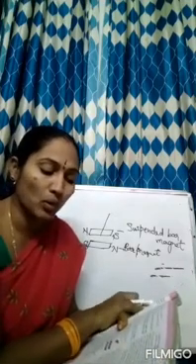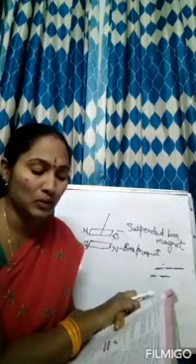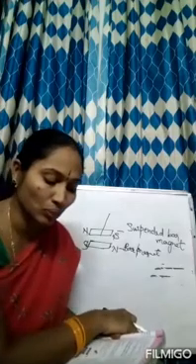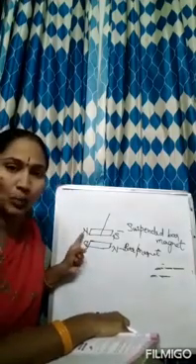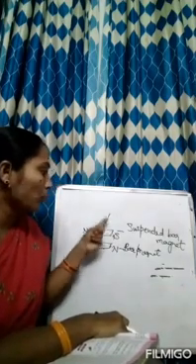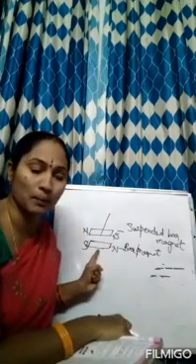But the north pole of the suspended bar magnet points towards the south pole of the bar magnet placed on the table, and the south pole of the suspended bar magnet points towards the north pole of the bar magnet placed on the table. In this way, the north pole always faces towards the south pole of the bar magnet. South pole of the suspended bar magnet always faces the north pole of the bar magnet.